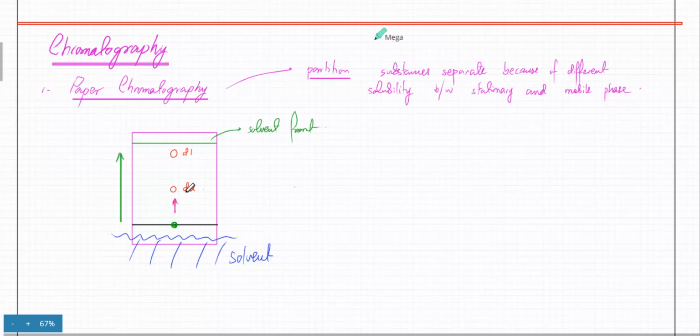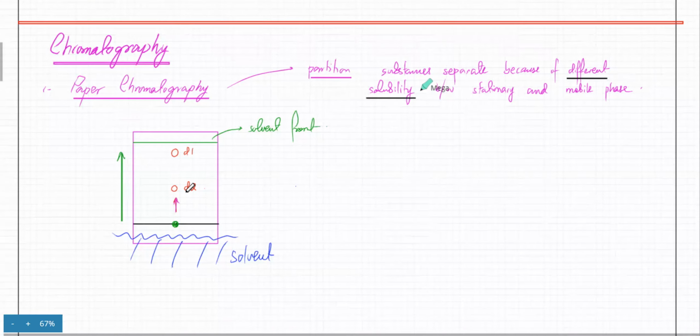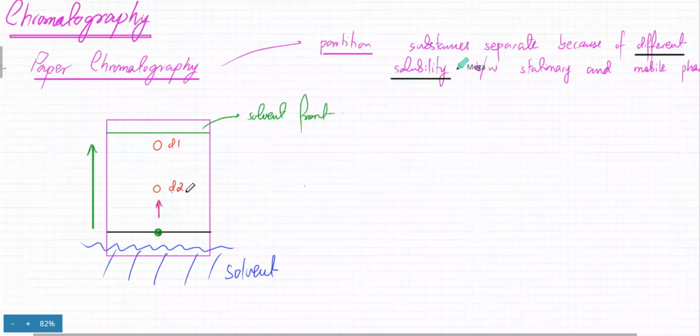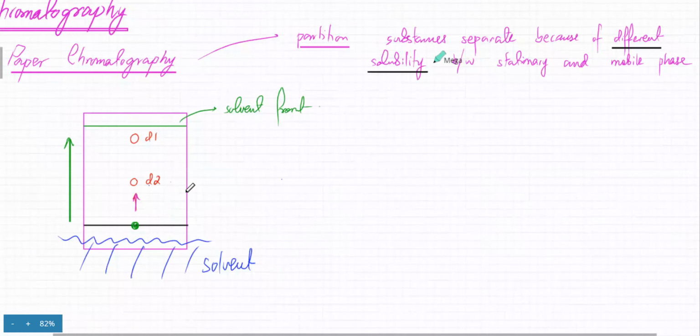अच्छा तो the separation is done because they have different solubilities. If they have the same solubility, the dyes are going to travel exactly the same distance. Okay, so there's a stationary and mobile phase. I'm going to come to that a little later. What's the stationary and what's the mobile phase? So that's how dyes are getting separated. Then there's a thing called the RF value. What's the RF value? किसी को याद है?